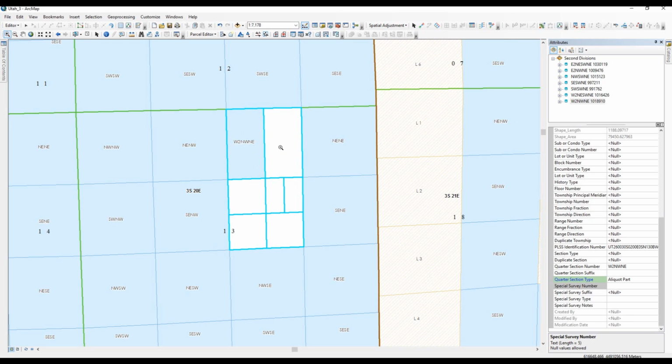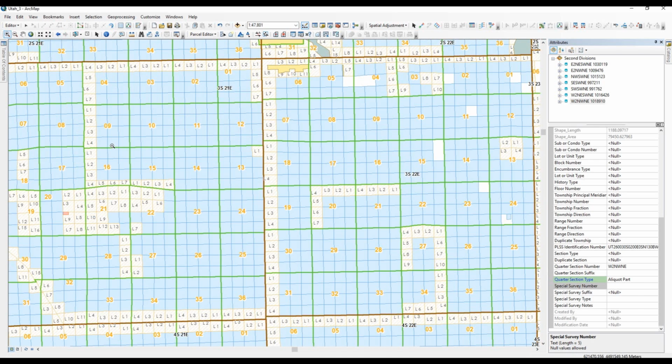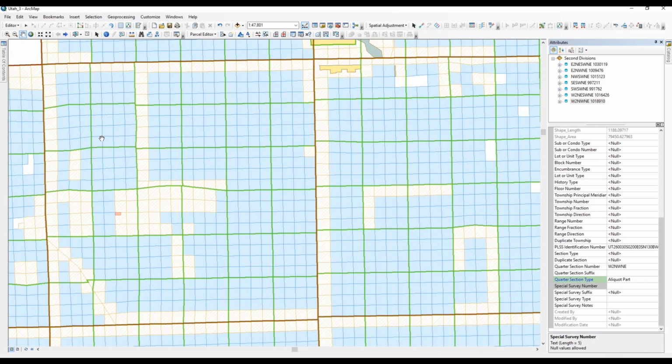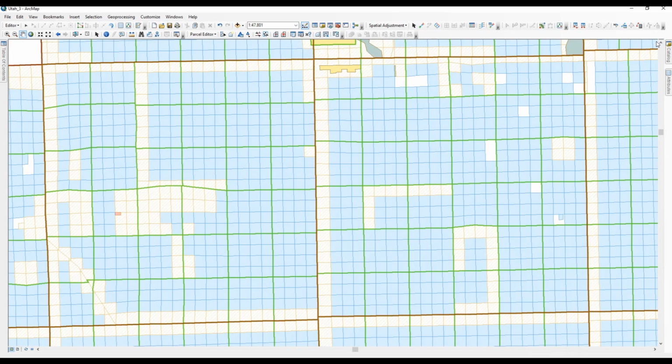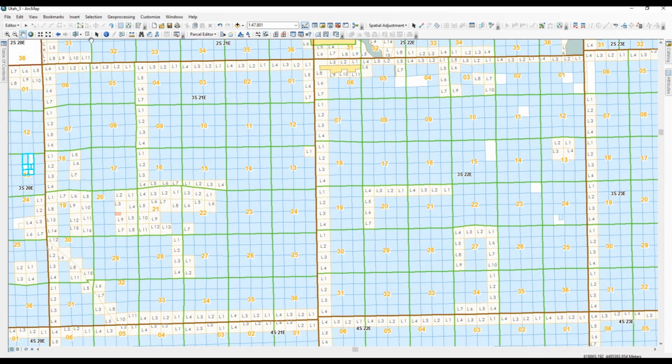But as you can see, to go through and change each one of these one at a time might be a little time consuming. So let's go back to our view. It looks like we slid over a little bit. Let me get us back with everything in the screen to where we were. Okay, now I'm going to go ahead and close this attribute window. And now as we look around, I'm going to clear our selection here. And as we look around, we see multiple of these polygons that appear to be void. Once again, I am already in an edit session,